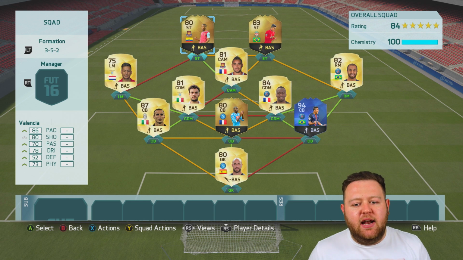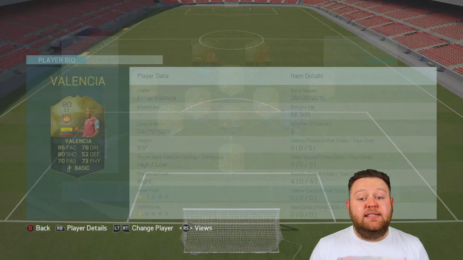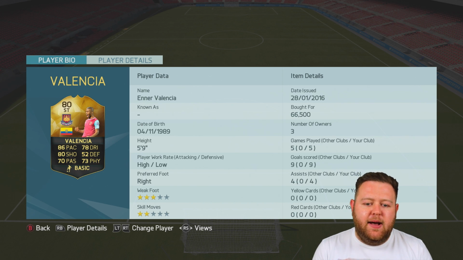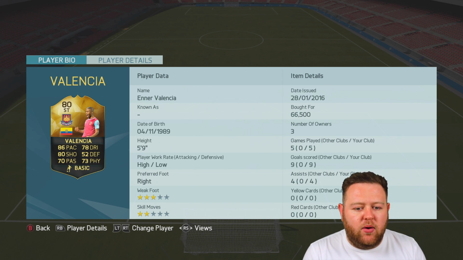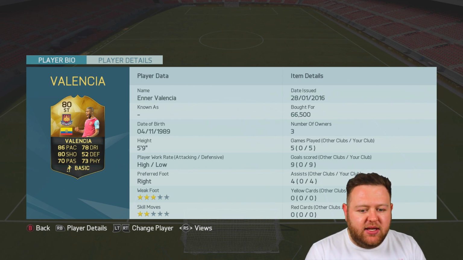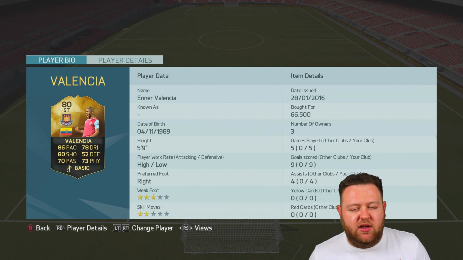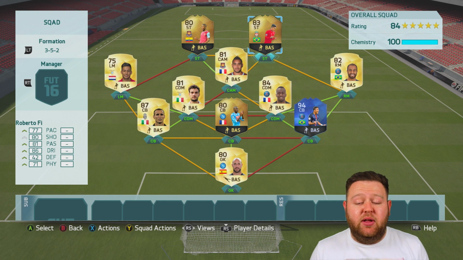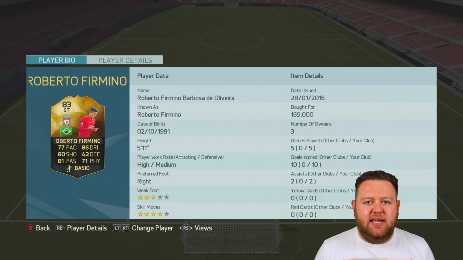It is Enner Valencia, the Inform 80 rated. He's actually been given a +4 overall. And I really wanted to try him out. 86 pace, 80 shooting, 78 dribbling, 70 passing, 73 physical, high-low work rates. He's a decent looking card, but he has only got 2-star skill moves, so we'll see how we get on with him,